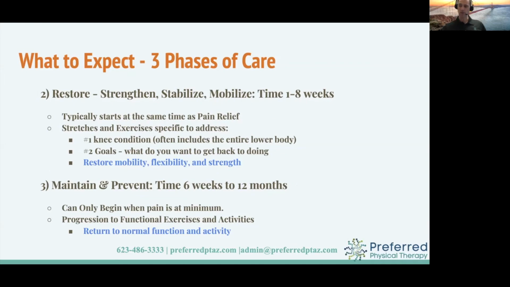Like I said, we start this usually within the first week or two, and this can go anywhere from 1 to 8 weeks. This can take a little bit of time, and this is sometimes where some people get frustrated, because we'll get some good pain relief, we see some progress early on, and then we start to commit to this longer period where we're seeing some changes, but they're just not happening as fast as they were before. We sometimes get a little impatient with that progress. We want a little bit more, a little bit faster. And I get it. I understand that.